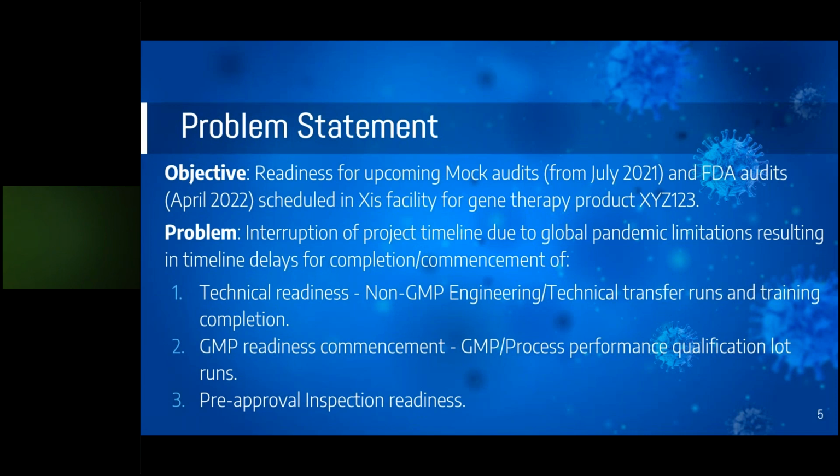So here we have the problem statement that was presented to us with the main objective to be ready for the upcoming audits. So the first audit is the mock audit in July 2021, and then ultimately the FDA audit, which is planned for April of 2022. Within the problem statement, there were also some areas to really focus on, which included the technical readiness, qualification, and then GMP and pre-approval inspection readiness. So we really needed to make sure that we keep the timeline on track in all of these specific aspects to ultimately meet the objective of being ready for the timeline of the